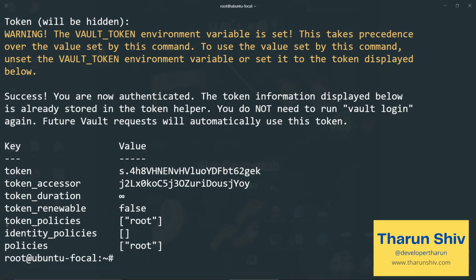And one thing you can notice here is token policies, which is root, and root is, just as you have guessed, has all sorts of privileges and it's a very powerful user. And in production, what they recommend is, as soon as we are done with setting up the vault server and its basic things, we get rid of the root user.